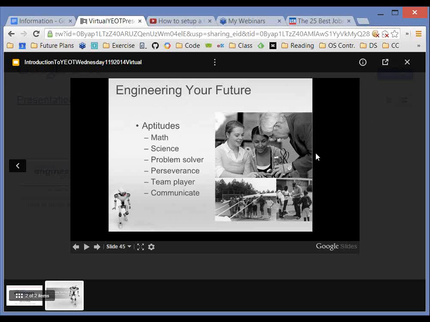Let's see. Webster defines engineering as the practical application of science and math, as in the design and construction of machines, structures, vehicles, roads, and systems. Half the jobs created today are the result of technology. If you think about that for a moment,